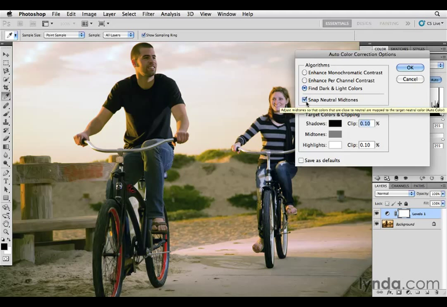So I typically leave that on, and then I click between these 3 to see which one looks best. For this particular image, find dark and light colors and snap neutral midtones is giving me the best result. If I want, I can even save these choices as my new default. So when I click that auto button in the adjustment layer panel, these are the choices it's going to use